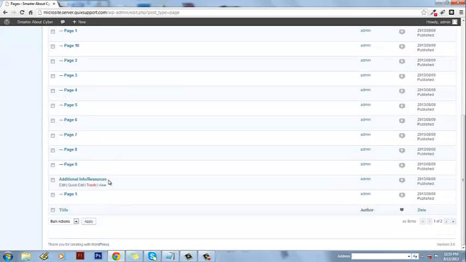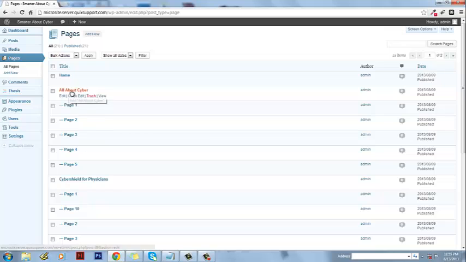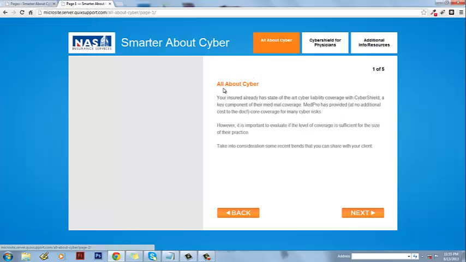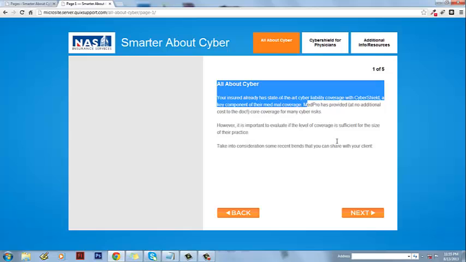So if we want to edit the first page of All About Cyber, this will refer to this page, page 1. So let's view this page on another tab. The next page is this one, All About Cyber.